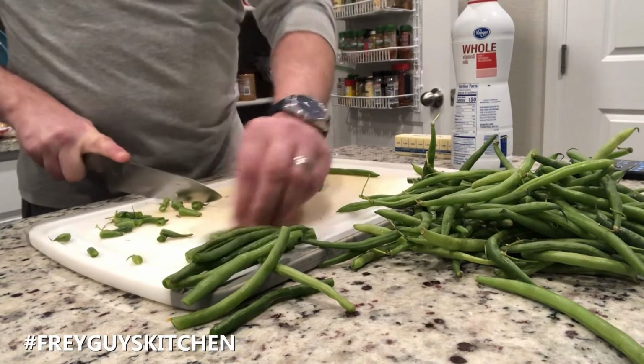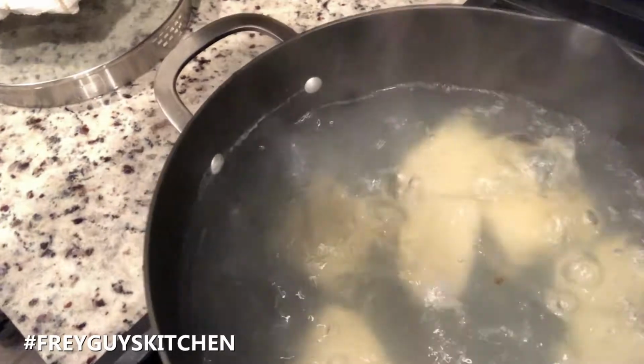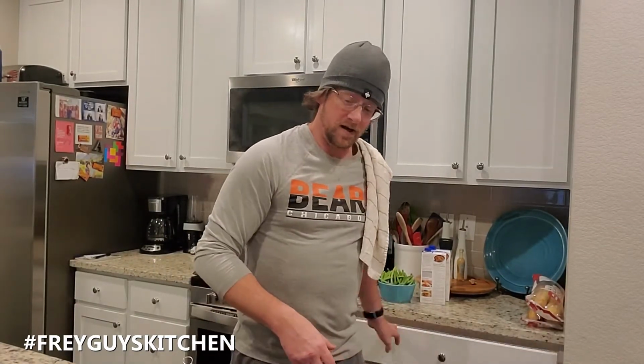So what we got here is an egg, just some beaten egg and some flour, and we've got some beef round steak that is already tenderized. If you get it and it's not, most stores nowadays will already tenderize it for you. You just get a jaccard, which I have a small version of right here. Those basically stab the shit out of your meat a bunch of times. My dad's got a really big one, which is pretty handy, but they do the trick. And basically what you're doing is separating a lot of the connective tissue in the meat